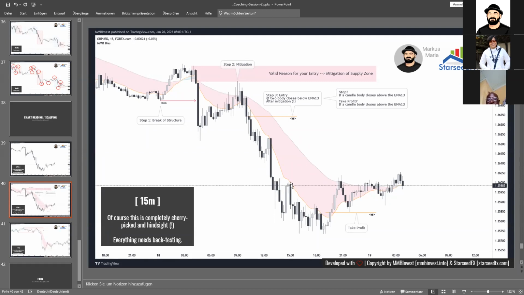If this supply zone is broken, also the EMA is broken. We want to be out of this if the close is above. For a jog, only the wick would be above, that's okay. But with the next candle, price moves further in our direction. You can see here it's closed, but it didn't manage to close above. And you would wait until you have your first body close above the EMA, and you would scalp the trade